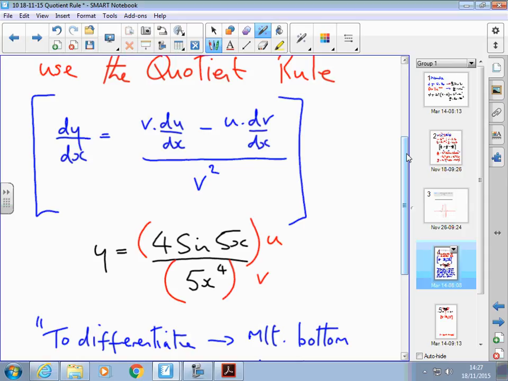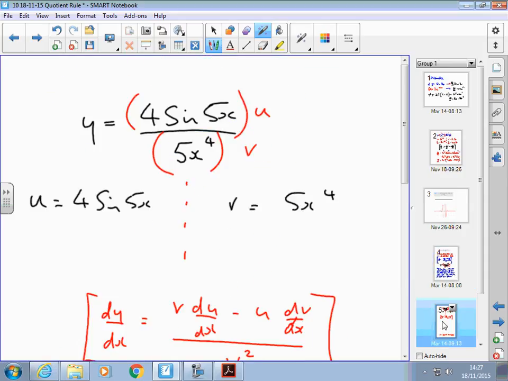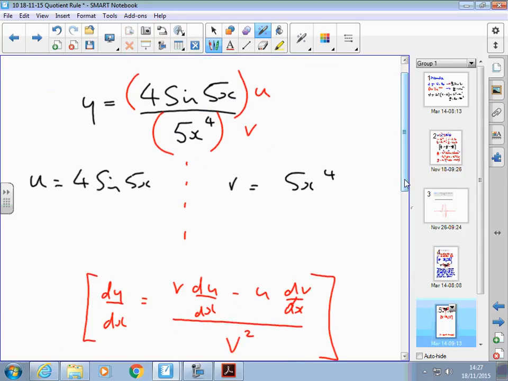So let's try it for this example. If you go to the next slide, here it is again, and we're going to apply the quotient rule to it. I've got one function divided by another. I call the top function u and the bottom function v. So I've done that in this example. As for the product rule, we take each part, so we take the top bit and differentiate it. So if u equals 4 sine 5x,